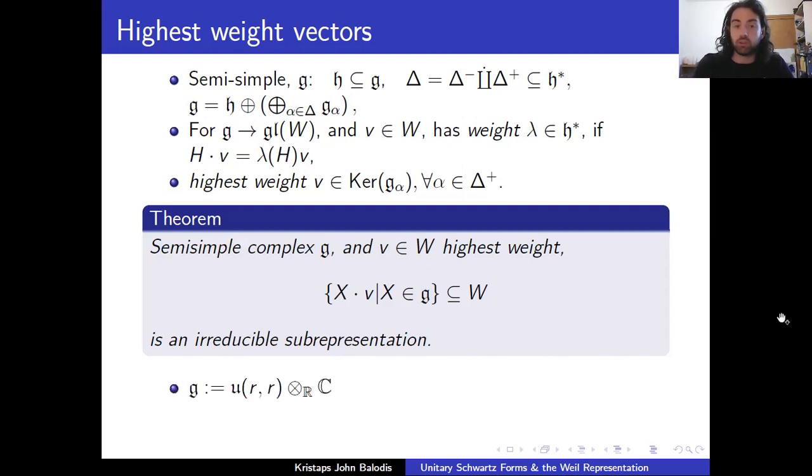Now, if you'll recall from the last time, I talked about this group U(R), and its corresponding Lie algebra is the math frak u(R). And we want to do representation theory here. So we'd like to be able to apply this theorem to u(R). Well, the problem is, if you look at the theorem statement, we need a semi-simple and complex Lie algebra. It turns out this Lie algebra is not complex,